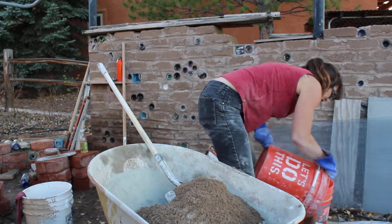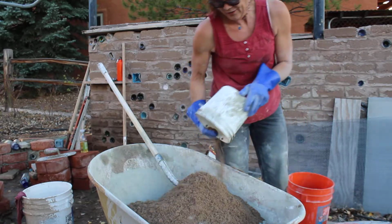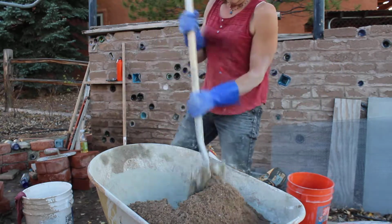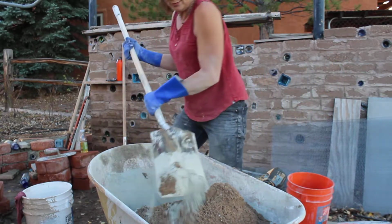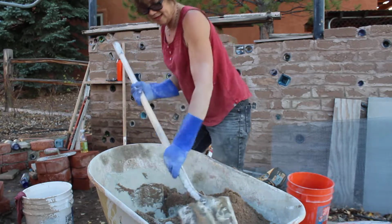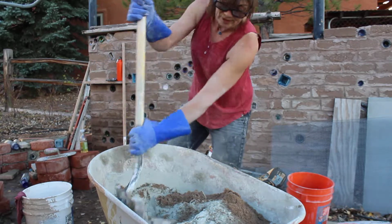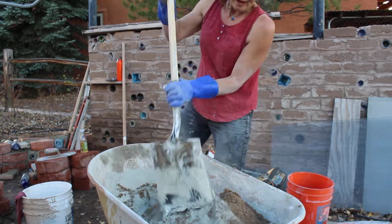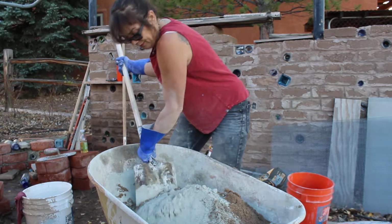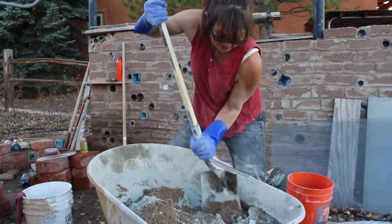5, and 6. Luckily, plaster's pretty forgiving. It calls for 3.5 to 4.5 parts sand, so if you miscount and you're a little messy with the sand, it's not the end of the world, although you do want to be as precise as possible. The main thing is you don't want any dirt. You want to use clean water and no dirt or organic material. Speaking of that, there's a piece of plastic in there. Anyway, it gets a little heavier. My sand's a little bit damp, so...